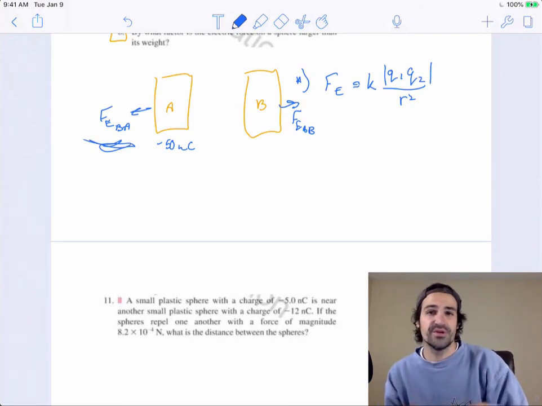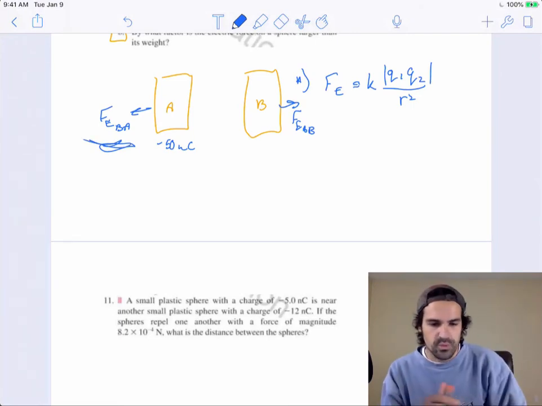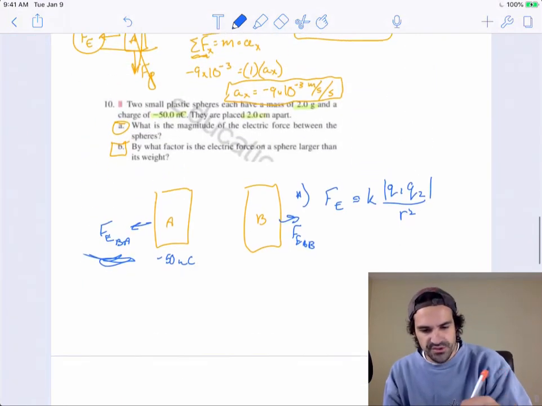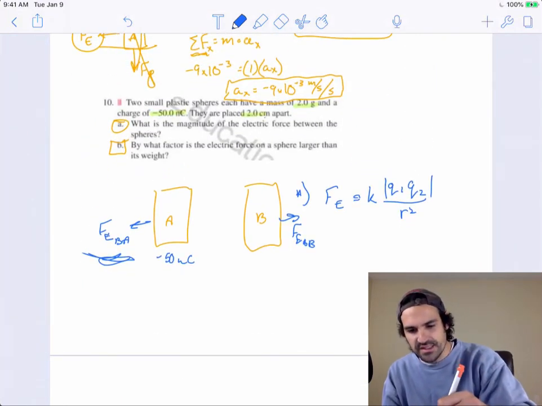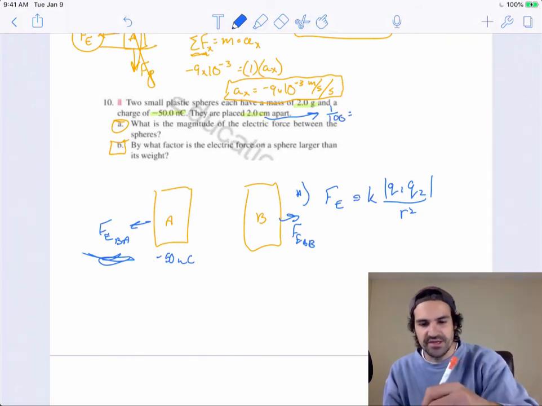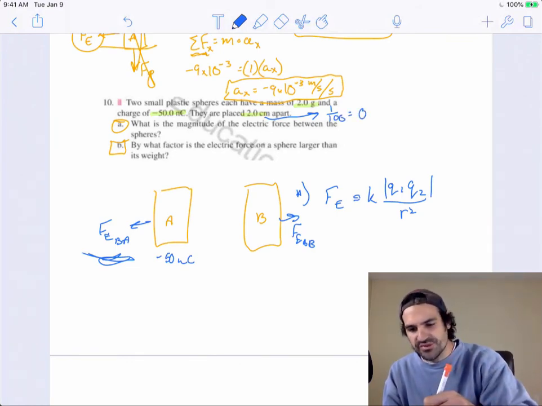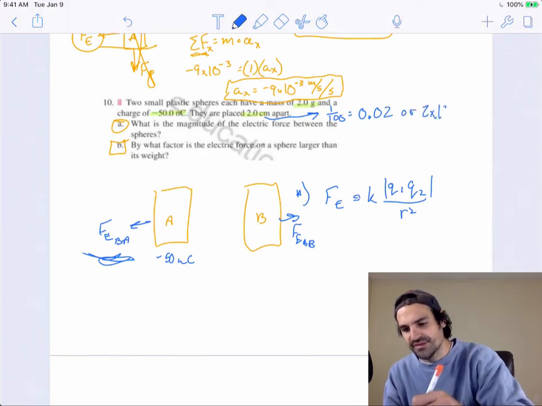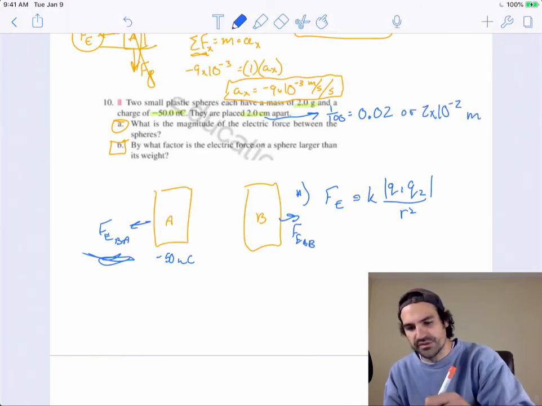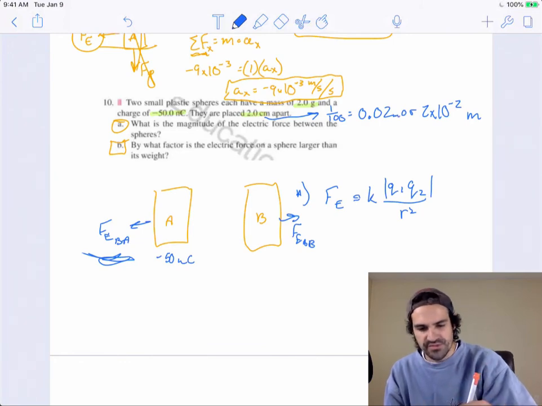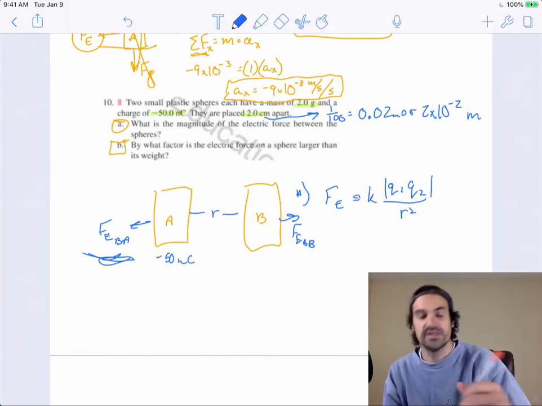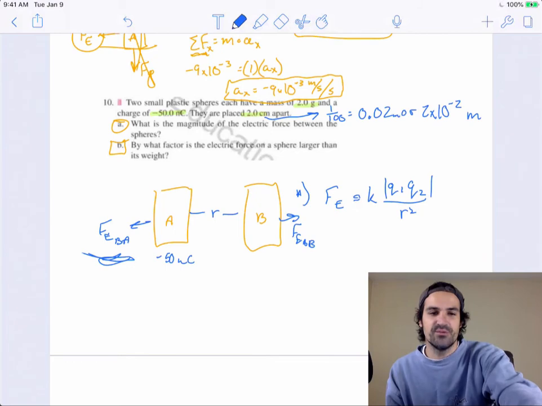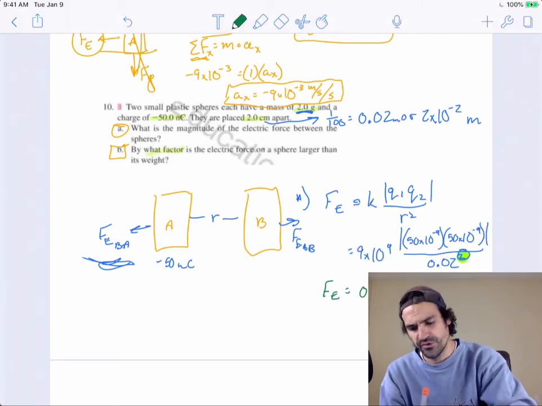So then plugging in numbers, we can calculate, oh wait, we have to find the radius. 2 centimeters apart, centi means 1/100th, or times 10 to the negative 2. So that would be 0.02 or 2 times 10 to the negative 2 meters. Same thing. So let's put that in there. That's our radius. Now plugging these values in, we can calculate to find that the electric force is equal to